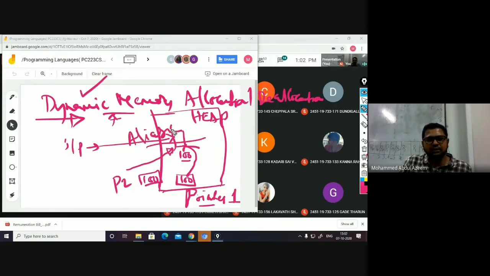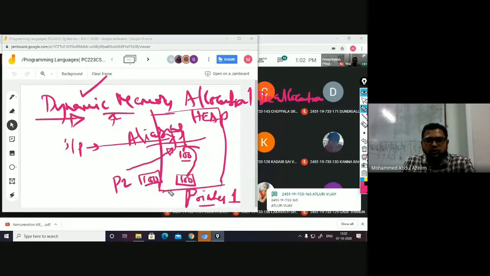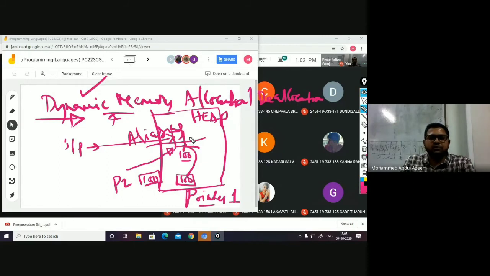What do you mean by aliasing here? An alias is nothing but another name for the original one, right? A nickname. So if this particular memory is being owned by two different users, which is possible, then these two are the owners of this particular memory.